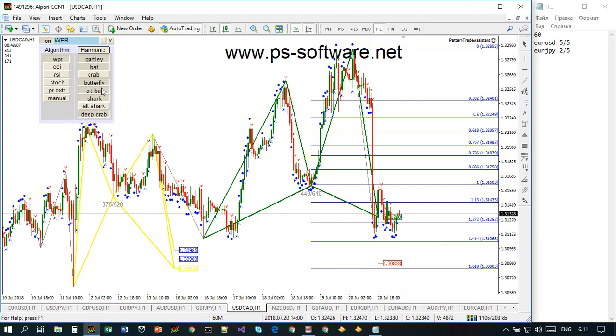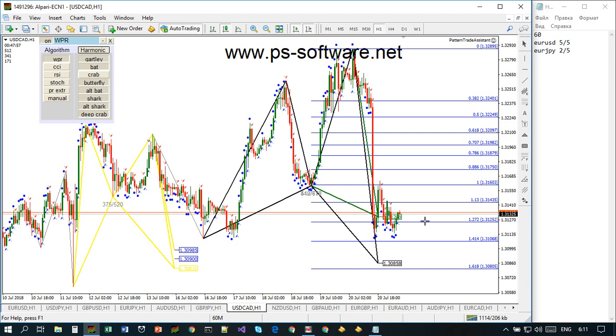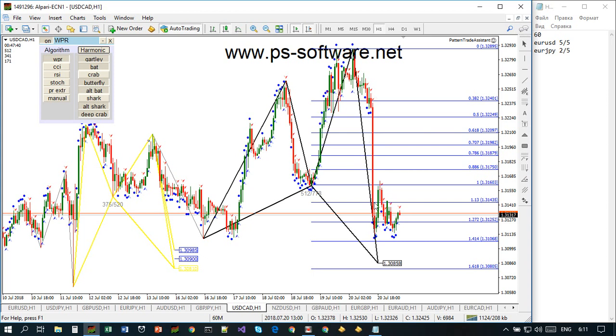Okay, so it will most likely be an alternative shark. So it will most likely be this one, because 618 goes much deeper. It does not complement the 886 completion, this one, yes. It complements the 113 completion. So in this case we only have an alternative shark possibility that is slightly lower, and I would agree with a lower entry because of this large candle. Price is now consolidating. We will most likely have another leg to the downside, another break to the downside before we provide some reversal. Okay, so I am typing it: USD/CAD 5 of 5, pretty good shark,